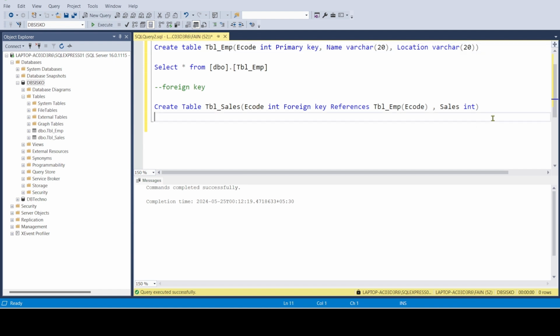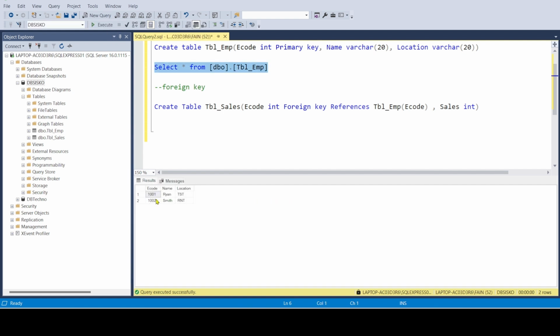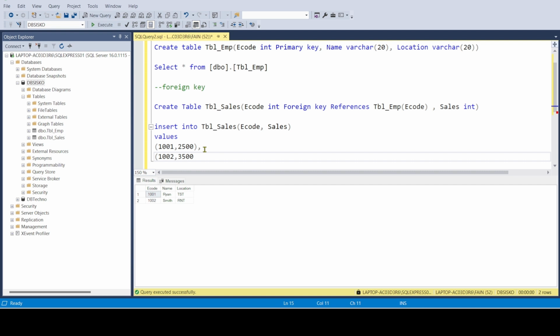Let's understand this. So as we can see that we have two e-codes, 101 and 102. So we can create a sales of 101 and 102. Insert into sales, and then provide the e-code and sales. Values 101 and this is the sale, comma, 102 and this is the sale. Close the bracket,